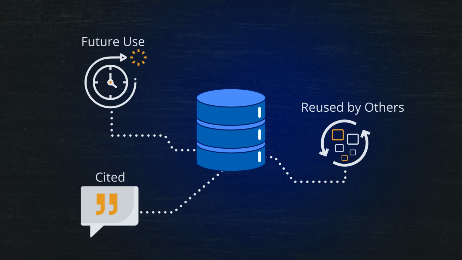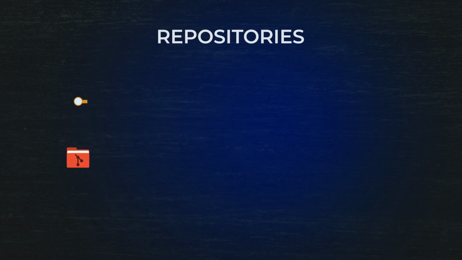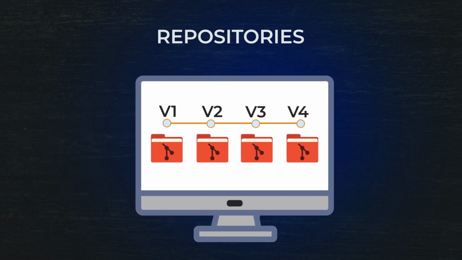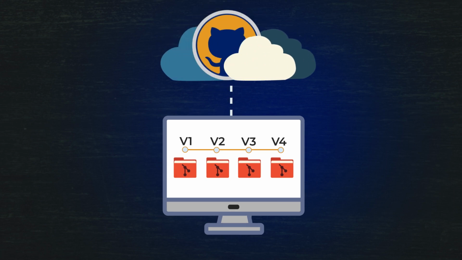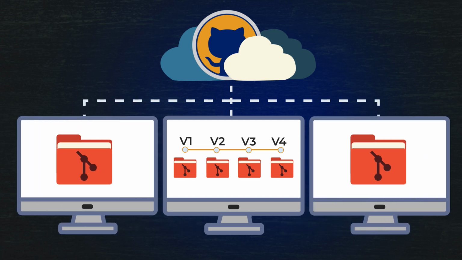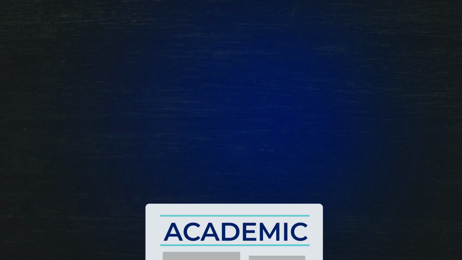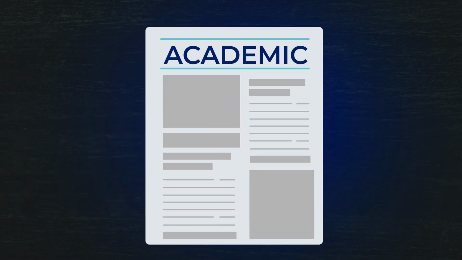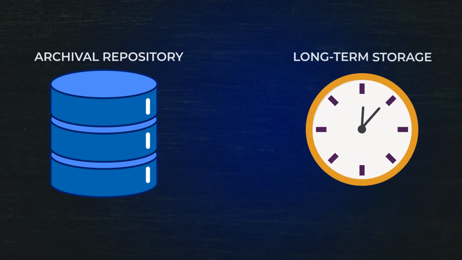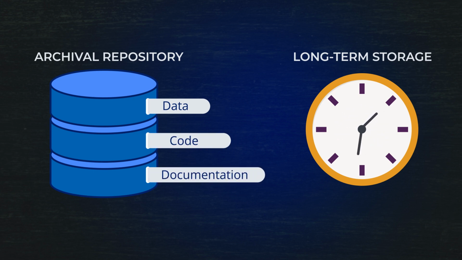And the best practice for how to store your data and make it available to others is via an archival repository. So we have been talking thus far about code repositories that are used for version control and file distribution via social coding hubs, like GitHub. This is a great model for your active workflow when you are versioning your files and want to collaborate with others. However, preserving the computational artifacts from formal academic works requires a repository that has a longer horizon and is focused on the persistent access to what we call the compendium, which is your data, code, and documentation that actually